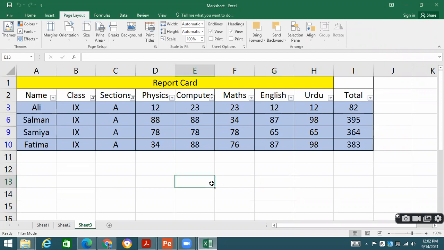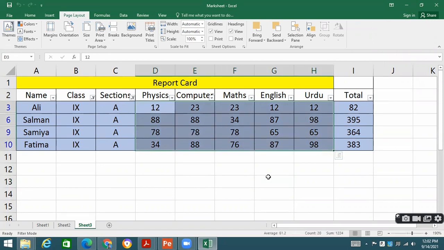Let's suppose the minimum marks for passing are 40. I want that wherever the marks are less than 40, it should change its color. What can I do? I can apply conditional formatting.